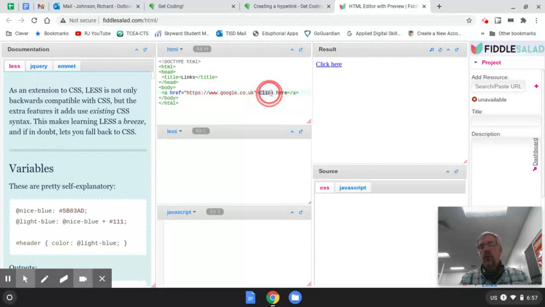And this is what you want the readers to see. Right here, it says click here, highlighted in blue with an underline. When I click on it, it will take me to this address right here. Now, if I wanted to be mean, I could change that. I could go right here and let's say I want to change it to